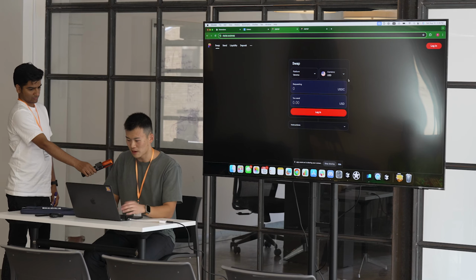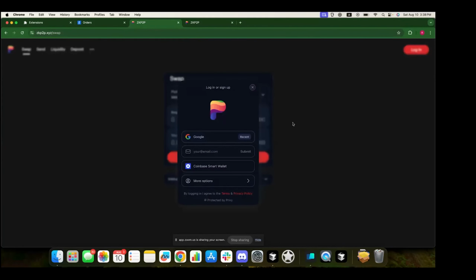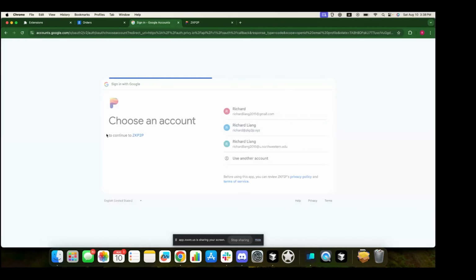You'll be greeted with a swap page. And to kick off the flow initially, you need to sign in to a wallet, whether it's an EOA or we have also created an account abstracted flow, which sponsors all the gas, so you don't need to pay any gas on ramping. So I'm just going to log into